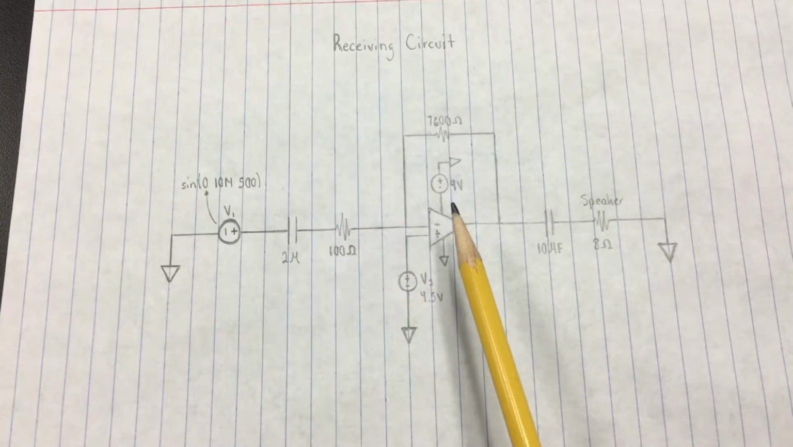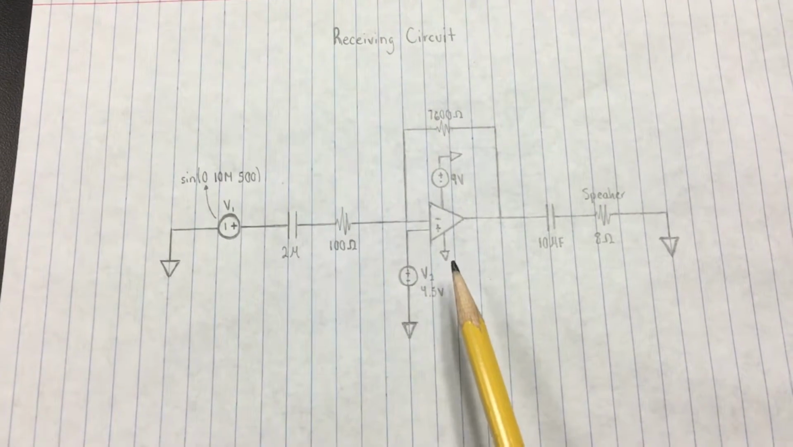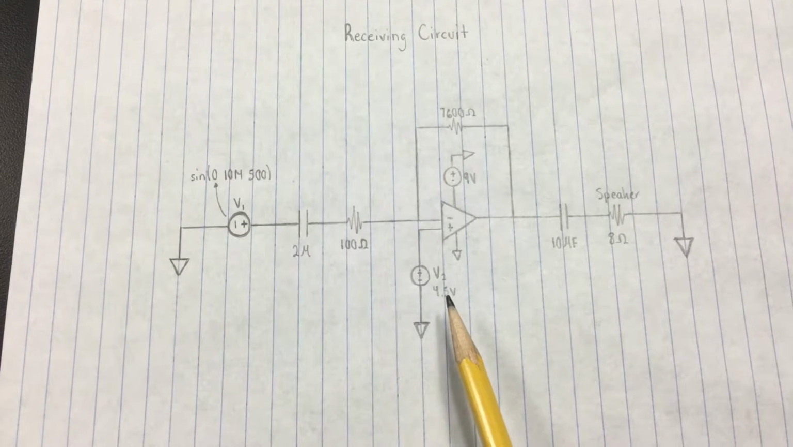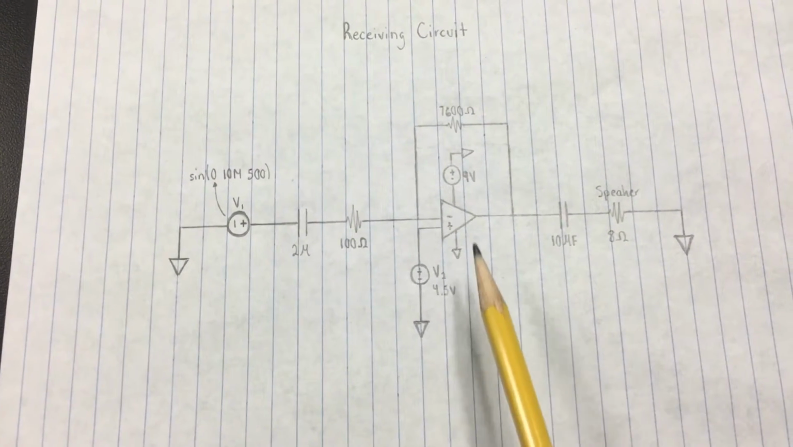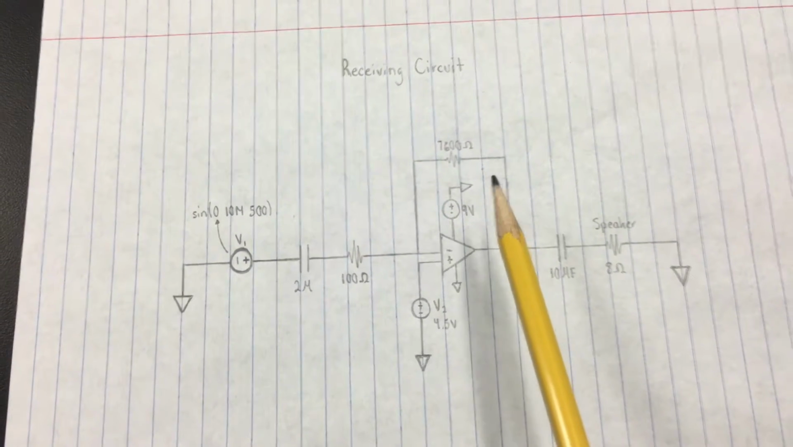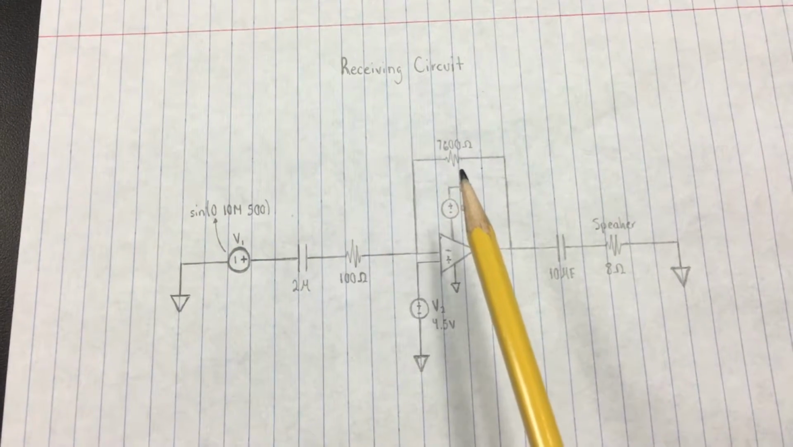into the inverting terminal of an op amp. This op amp is also powered by 9 volts and grounded on one end. And through the positive terminal we send 4.5 volts, which we generate through a voltage divider. And then the output of the op amp is sent back through negative feedback to a 7.6 kilo ohm resistor,